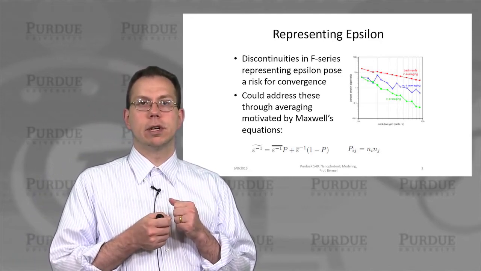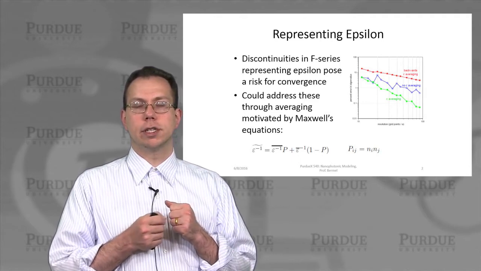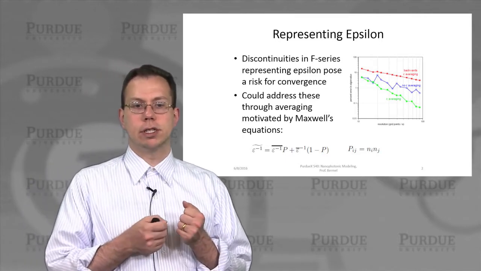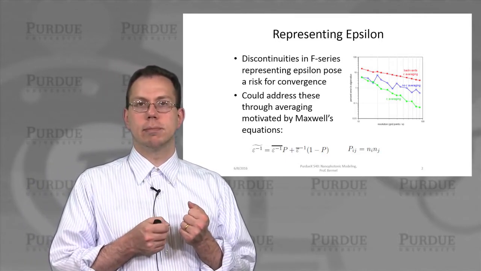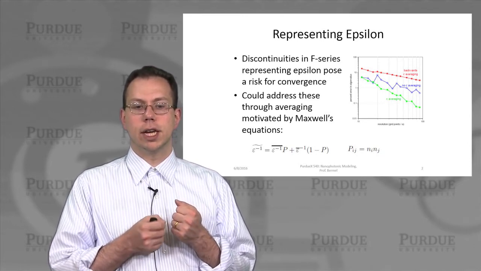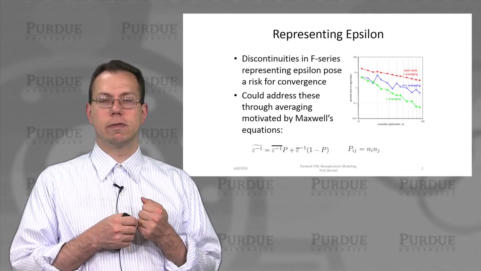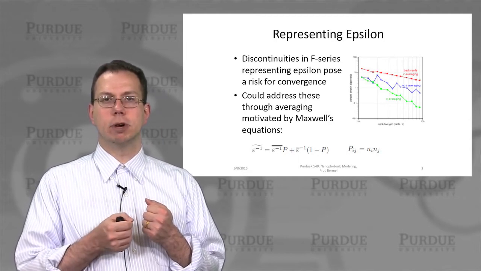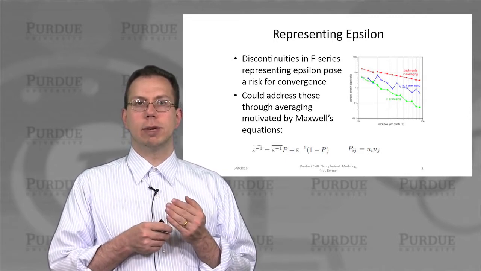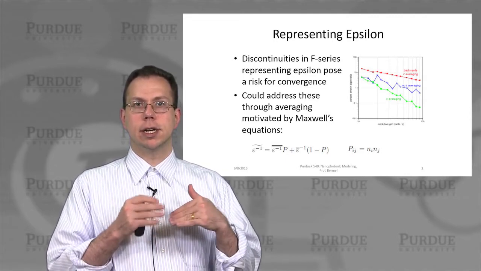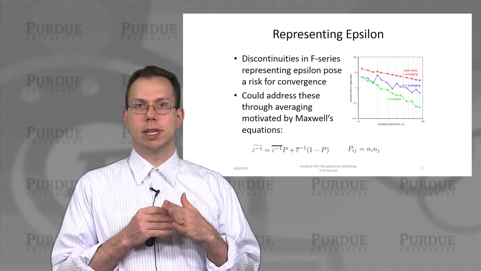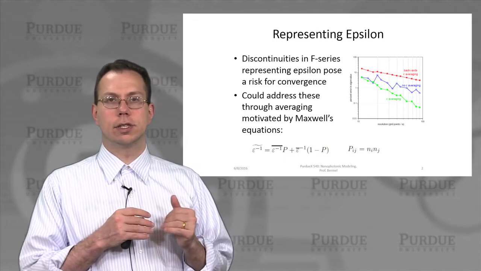But then we also found that that forces us to put epsilon inverse in the Fourier domain. Unfortunately, epsilon inverse could very easily become discontinuous in the Fourier domain, which could risk our convergence. So we can actually perform a physically motivated averaging process for epsilon inverse, which amounts to assuming that E parallel is continuous across boundaries, and then D perpendicular, the displacement field, is continuous across boundaries.